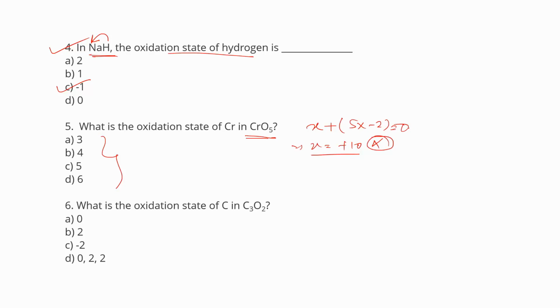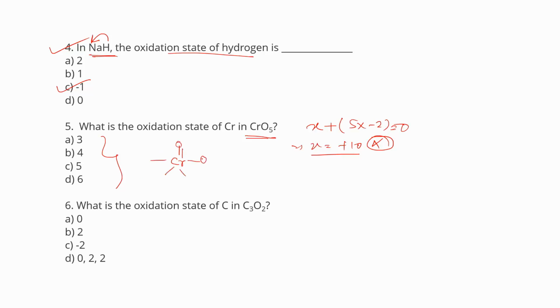So that is not the correct procedure. Now why am I saying it is not correct? Because I have taught in the past that when we calculate the oxidation number, it depends on which type of element is attached and what the geometry is. So what will be the geometry of CrO5? First we have to know. It has a geometry like this: